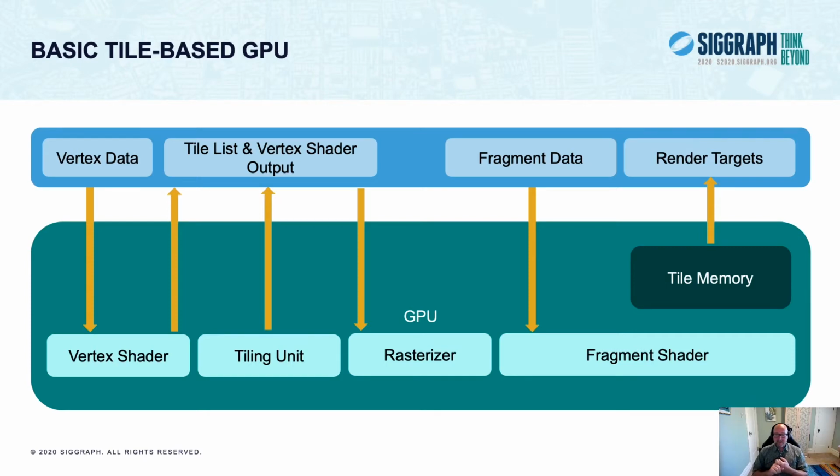And one of the upshots of that is that if you don't need, say, the depth buffer for anything else, you don't have to allocate an actual in-memory depth buffer. You don't have to allocate an in-memory multi-sampled anti-aliasing color buffer. All you need is the output that you care about. So you need however many single sample color outputs, and that's it. So it saves a tremendous amount of memory. And because all of the work is done in the tile memory, you're only ever writing out the final results that are going to the render target. You don't have to read anything back in and write it back out again afterwards, the way that you might in the immediate mode rendering case.